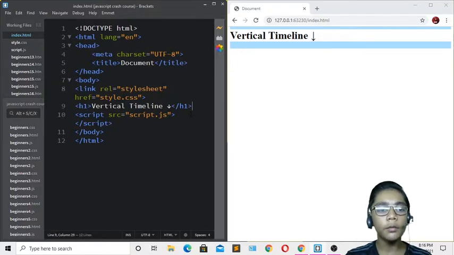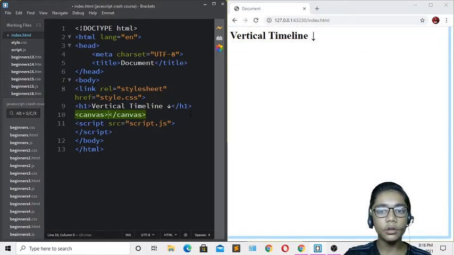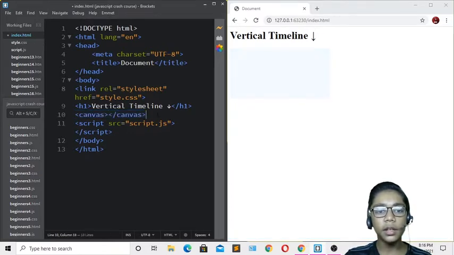Now you have to make the tag called canvas. Press tab. This is a tag in which you can create anything you want, but we will do that with CSS or with JavaScript. I'll hit save, and now your work has been done. Just one more thing you have to do.